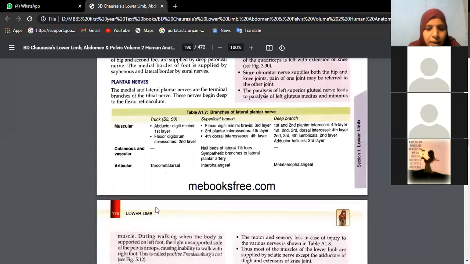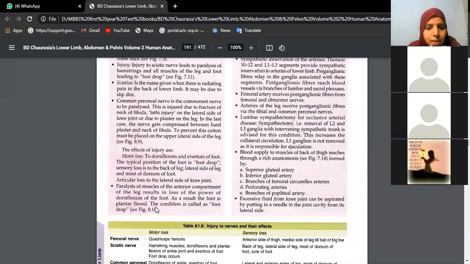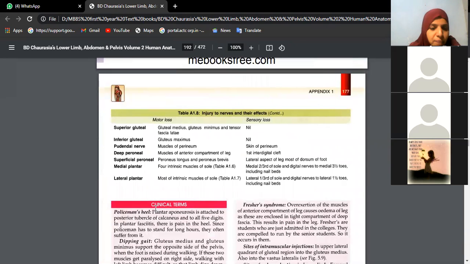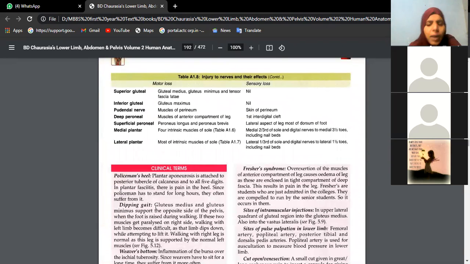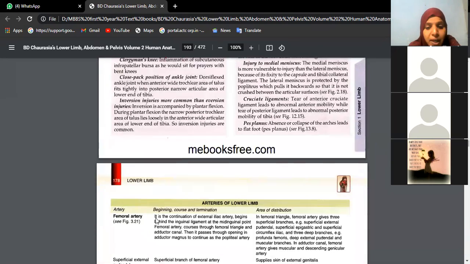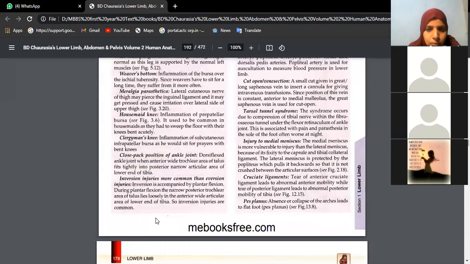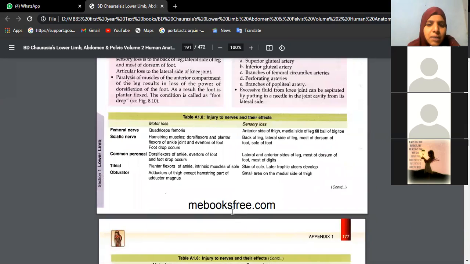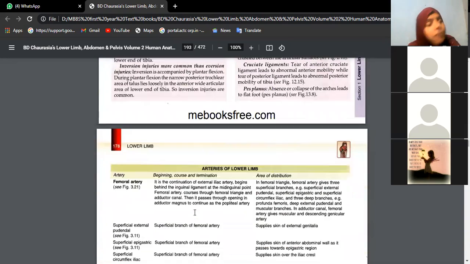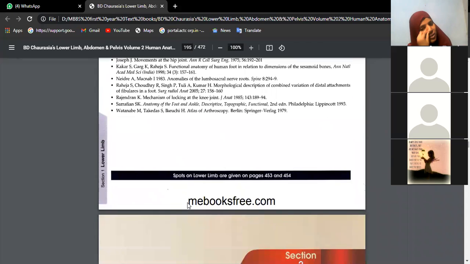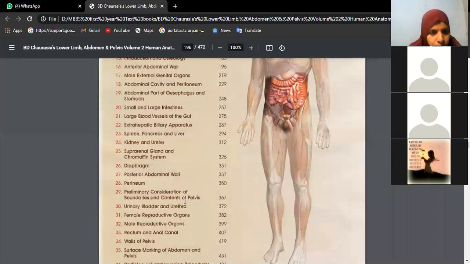So in case the sciatic nerve is compressed, there is a condition called sleeping foot. And one more thing: maybe you have seen elderly people complaining of pain radiating from the lower back to the foot. That is due to compression of the sciatic nerve. It is called sciatica, sciatic pain. Generally, I think it is given in the hamstring chapter itself or in the popliteal fossa. Just refer once, better.